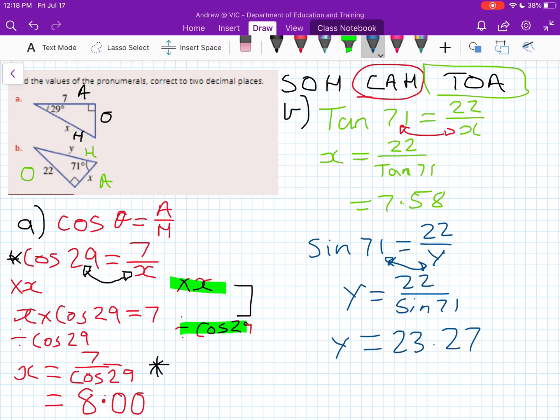So this is how we actually work out trigonometric equations or trigonometric values with an unknown denominator, so solving for our denominator. Okay, so hopefully this helps with working out these problems, and